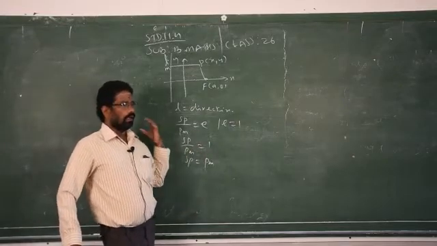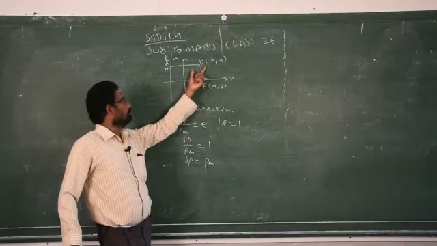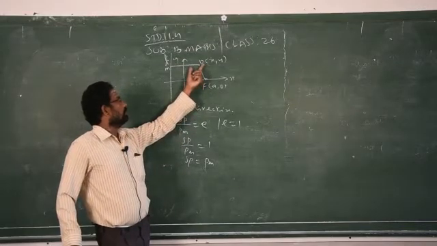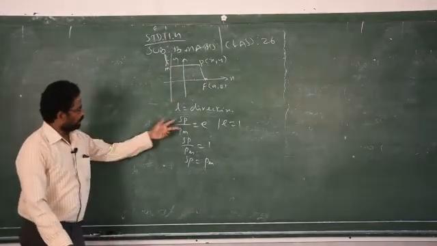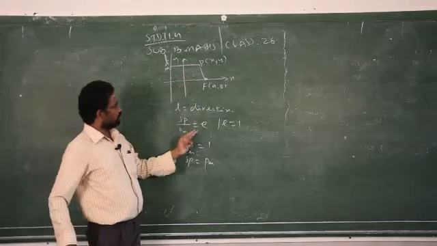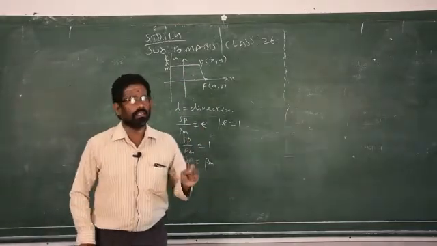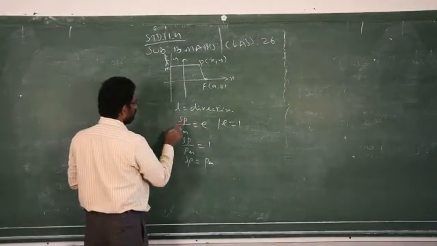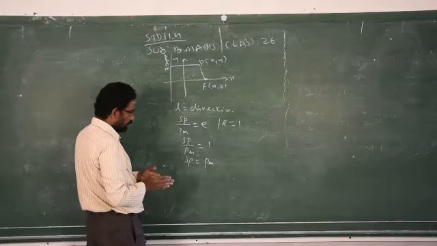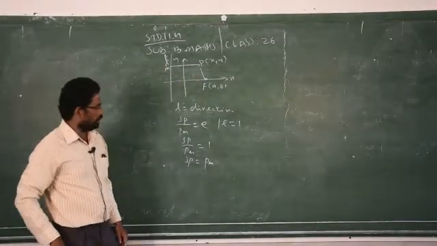So generally the locus of the point P with respect to the focus and the perpendicular line, the ratio of these two distances should always be equal to some constant. That constant we call what? e, eccentricity. When eccentricity e becomes 1, when you divide these two distances, the answer is 1. Then this pathway, the locus of the point P, represents a parabola.